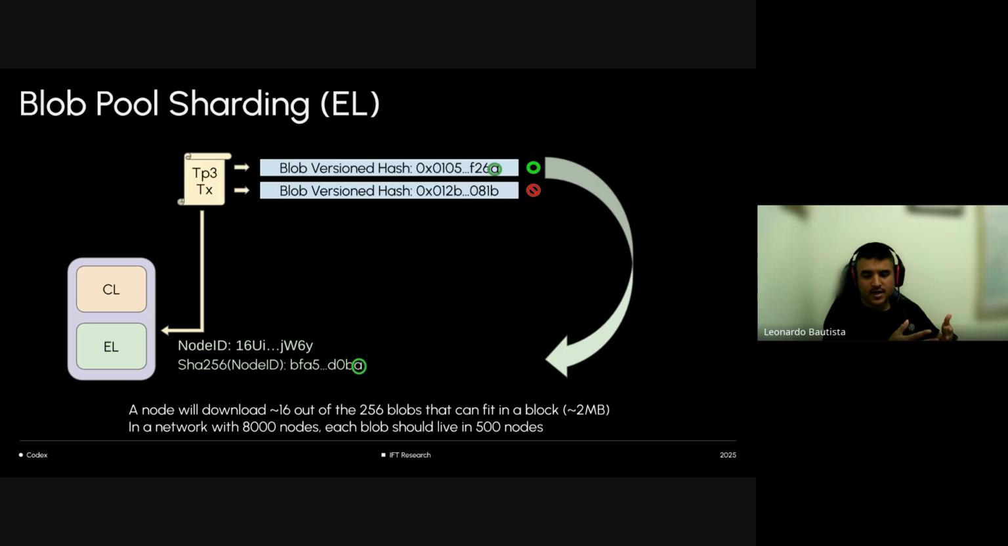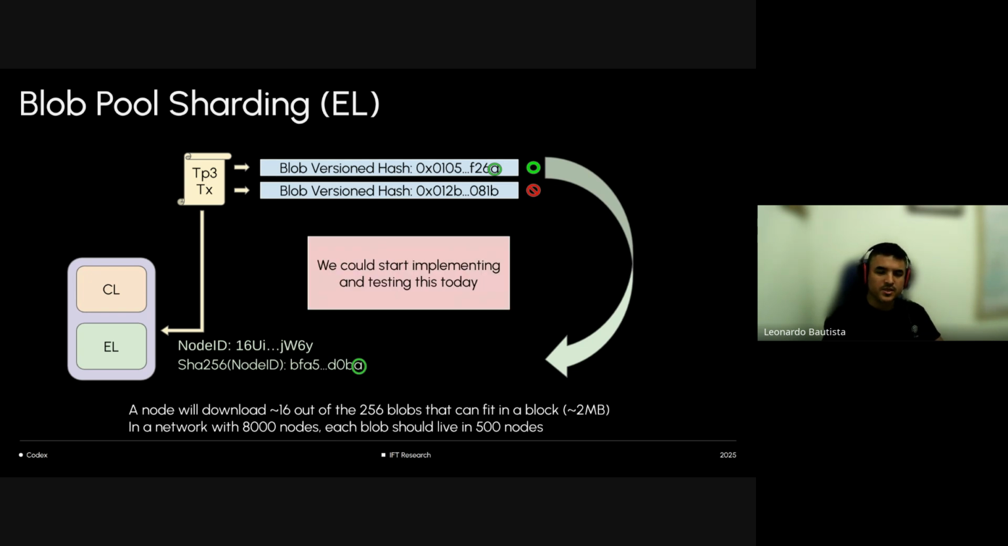It's very likely that you will be able to easily find the blob that you need if you have 500 nodes in the network with that blob. Okay, so that's one thing. Now, I think it's extremely easy, and I have discussed this with implementers and developers on the execution layer clients,